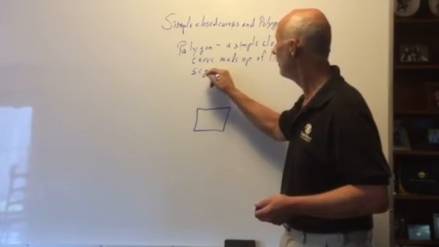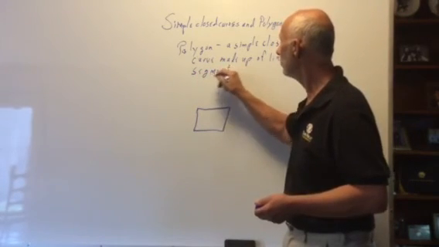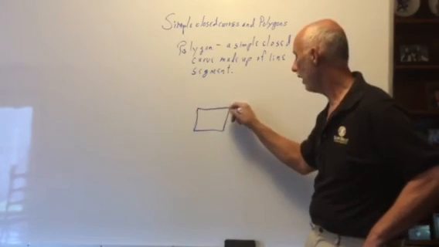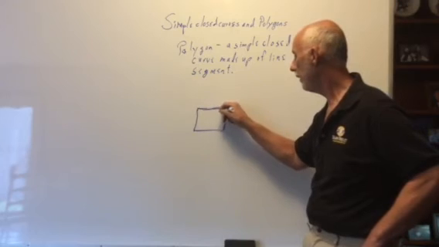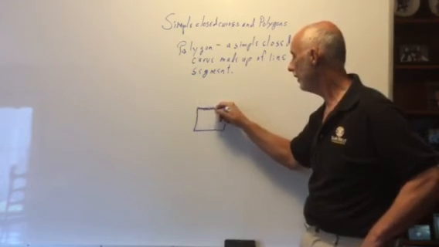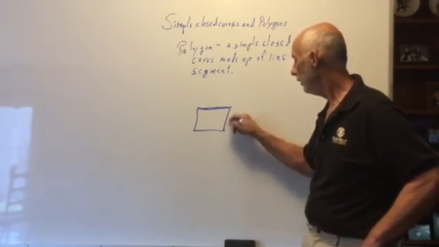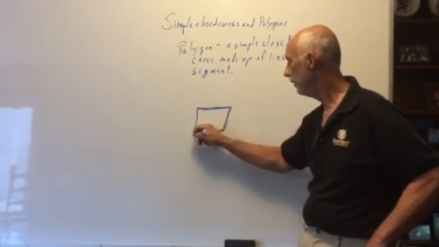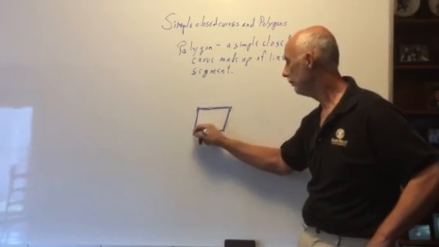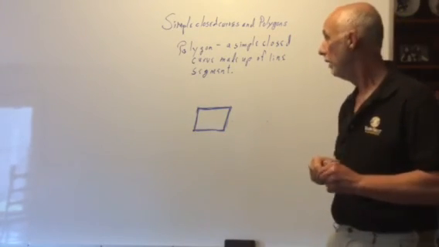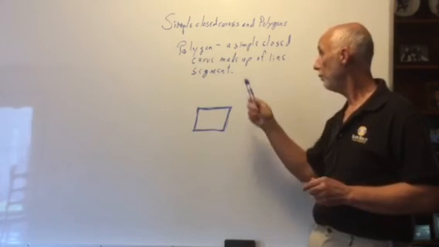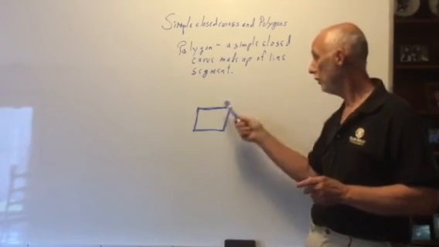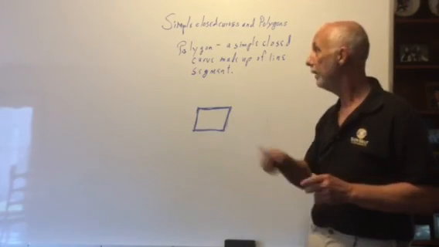If you remember from what we learned last week, a line segment is a set of points that starts and stops at an endpoint and connects the two endpoints. So that is a line segment, that is a line segment, that is a line segment, and that is a line segment. As long as it starts and stops at the same point, and never intersects, which makes it a simple closed curve, and as long as it's made out of line segments,